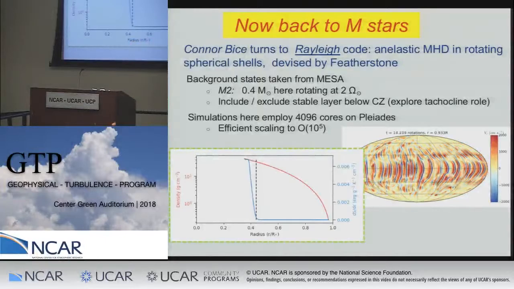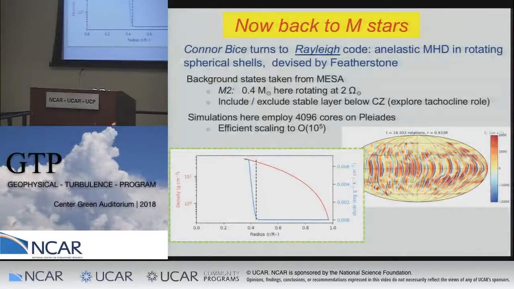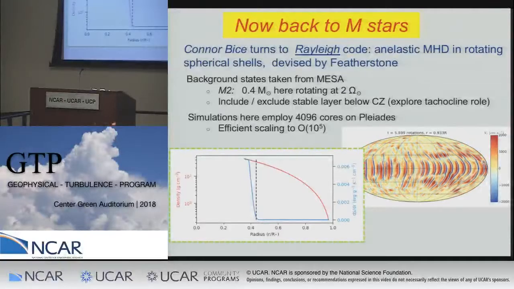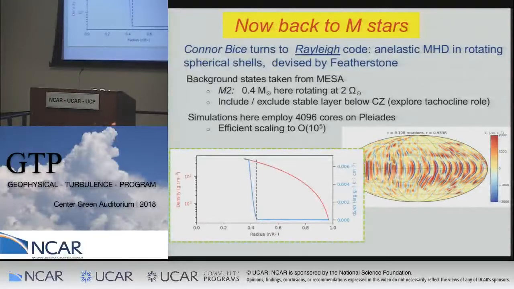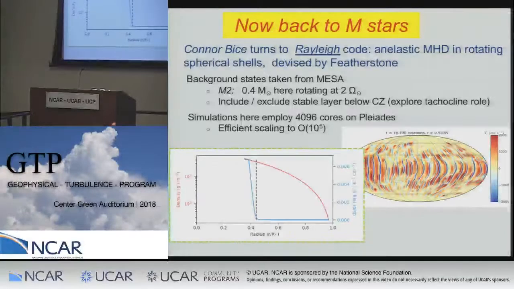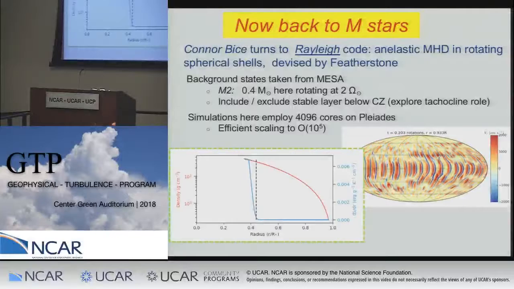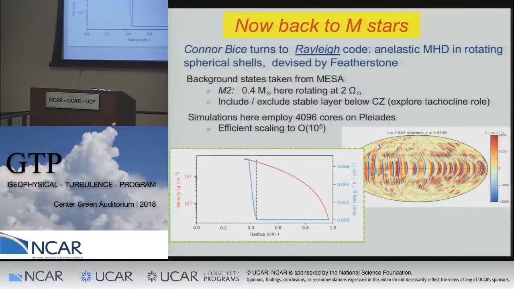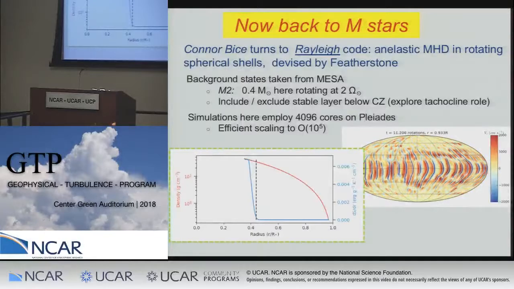Connor Bice, who is also here in the audience, working toward a thesis, has turned to a very close relative, but a very modern relative of the ASH code, Rayleigh, built by Nick Featherstone, that he spoke about. But again, it's basically an elastic MHD occurring in rotating spherical shells that may go all the way to the